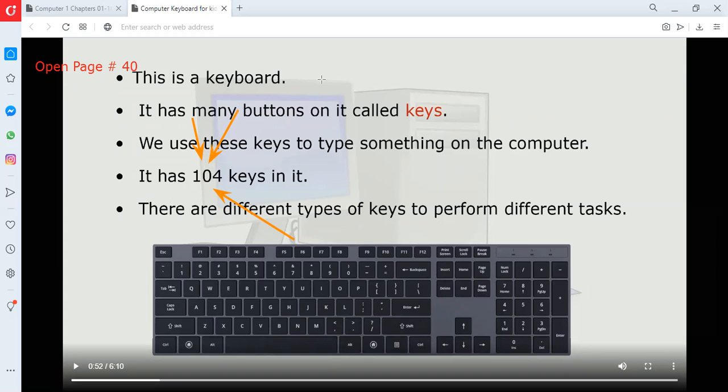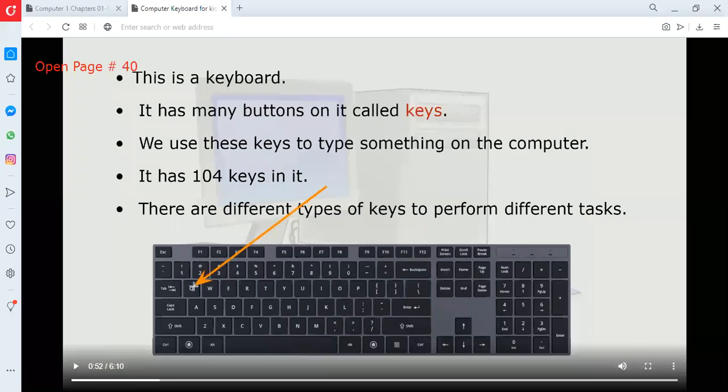Okay. So there are different keys. What are the different keys? See, alphabets. The letters Q, W, E, R, T, Y, N, B, C. Every character is there. Every alphabet is there. And there is one more type of keys. It's numbers: 1, 2, 3, 4, 5.